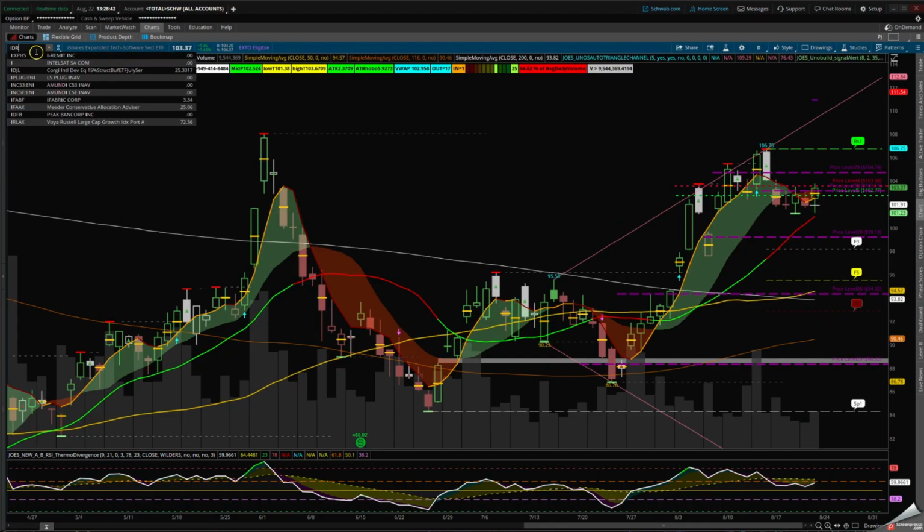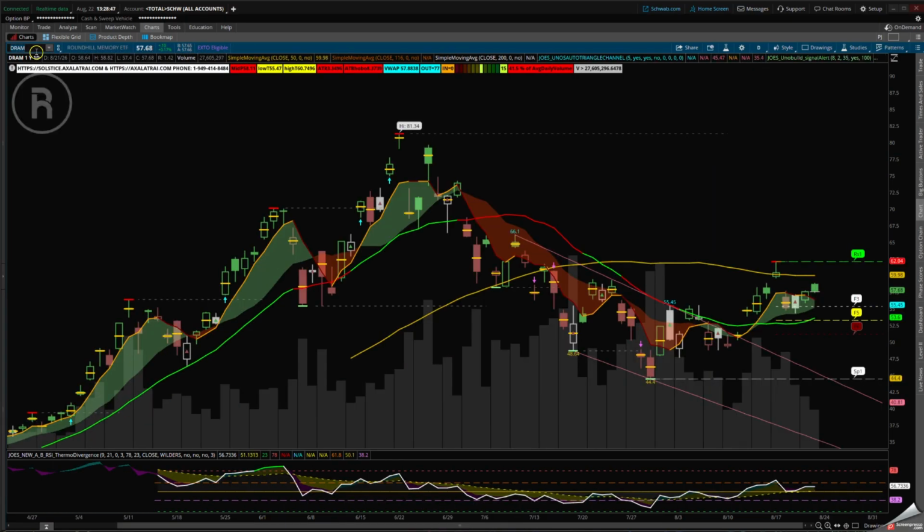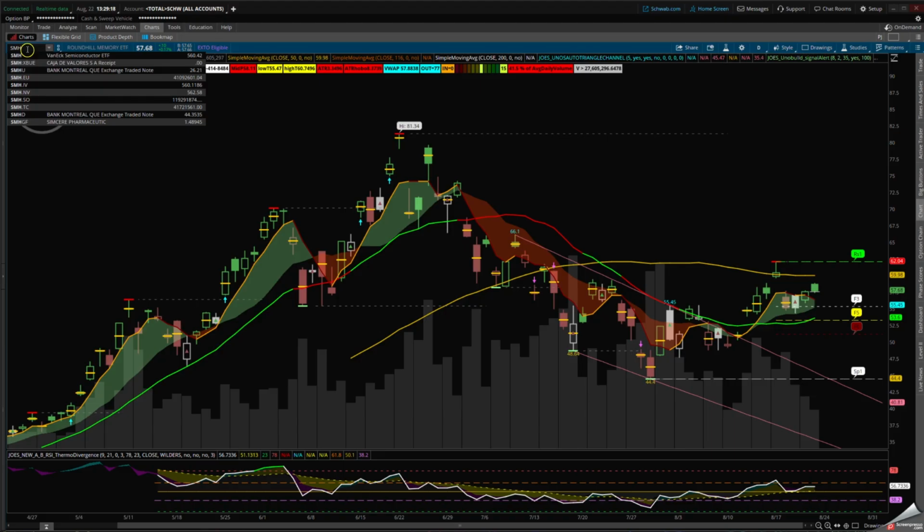If I look at DRAM, you can see in DRAM, it's in that downtrend consolidating. You can see this island reversal. We lost the 50 simple moving average. We are trying to climb. We have to pay attention in case we fill this gap here and we break above the 50 in order to continue higher, or do we come back to the 18 SMA or further down to the 61 where this gap is in order to revert back to the mean. So that's on DRAM.